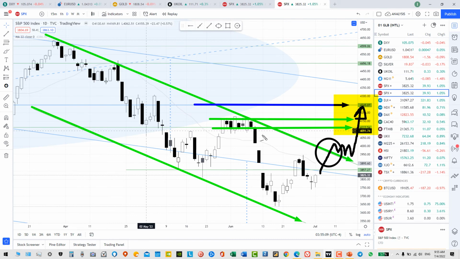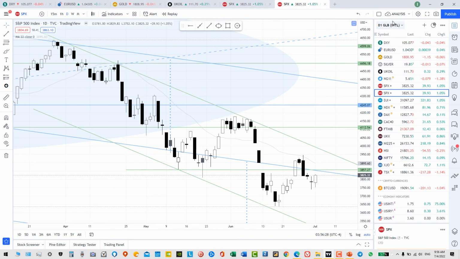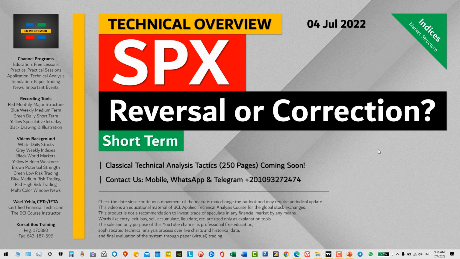Otherwise, as long as this downtrend line is valid and the prices are below it, we are in a bearish environment over the 2 most important time frames, the long and the short time frames. Until then, the view is considered bearish and the tactics are on the sellers' side,